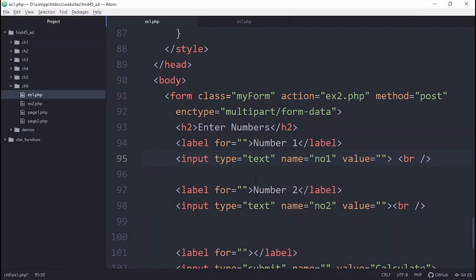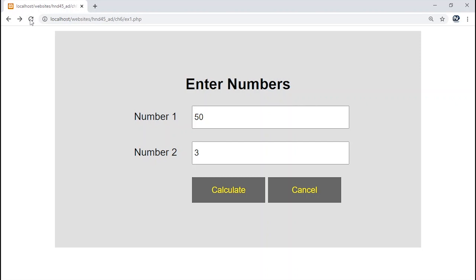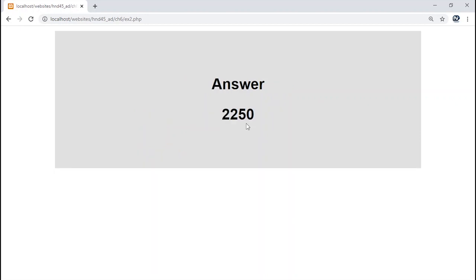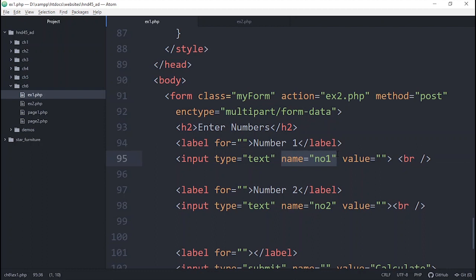So name, we have properly given the name once again. Now once you go back to the screen, you need to reload the page to make the changes take place. Then you can enter values, then you can try. Now it's working properly once again. So hope you understood that. Giving the name property is very important.